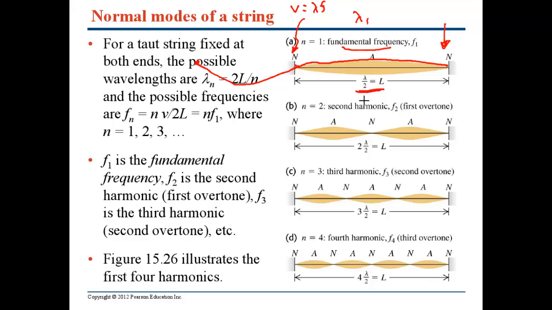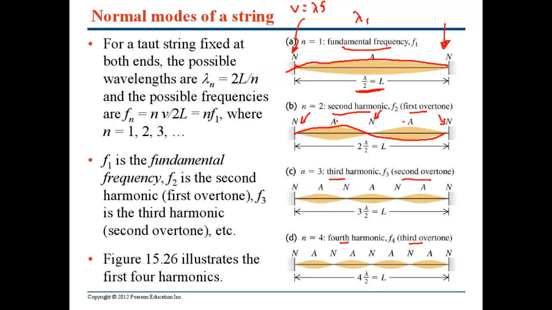The next possible way to do this is going to be called the second harmonic, or if you're into music, this will be called the first overtone. Again, we must have nodes at the 2 endpoints, and we therefore must have a node in the middle and then 2 antinodes here. You can kind of see here that this wave is going to have a wavelength that's equal to the length of the stringed instrument. We can then go on to do the third harmonic, second overtone, fourth harmonic, third overtone,